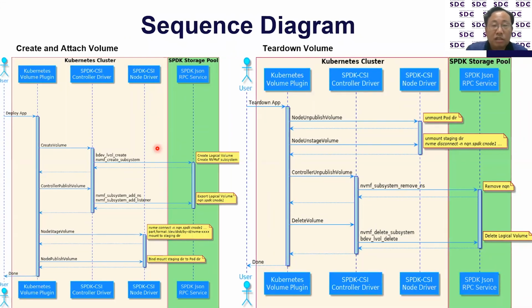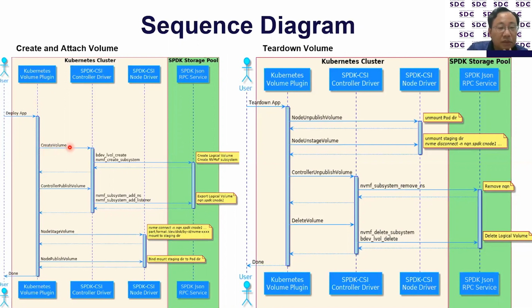Okay, this is the sequence diagram. It should be clear now how everything works together. This is the sequence of create and attach volume. A client wants to deploy some app with some storage requirement. First, you kubectl apply some YAML file, the YAML file is received by Kubernetes, and inside it will find what it needs, the persistent volume claims,